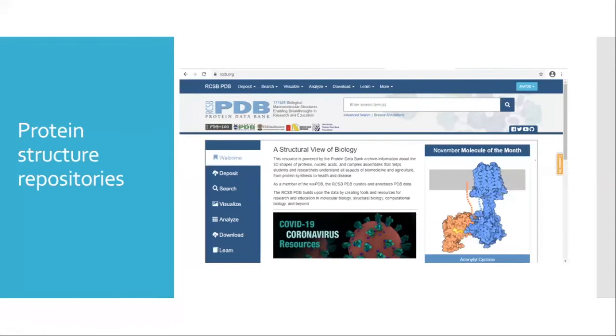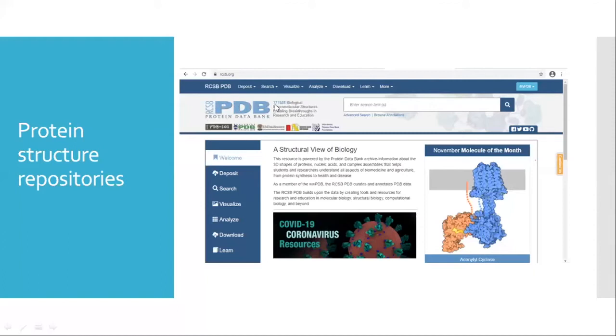Now, when we move on to the protein structure repositories, when we talk about drug discovery, we know that more than the sequences, we are focused on the structures, because we need the protein structure for carrying out molecular docking studies. Where do we get these protein structures? For the protein structure repository, we have RCSB, the Protein Data Bank.